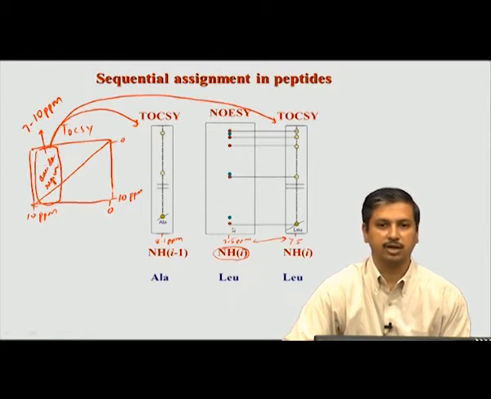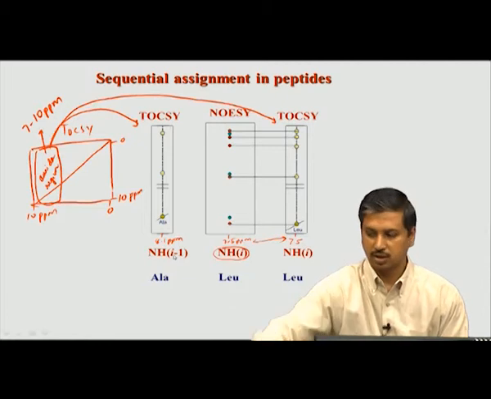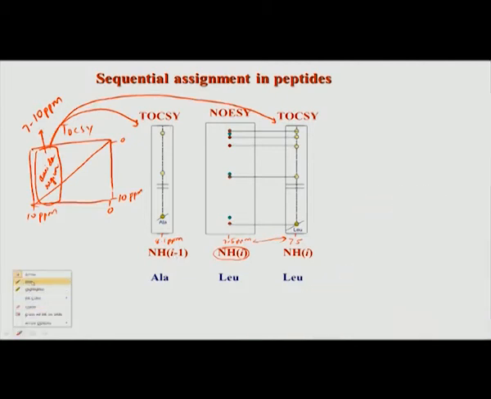The idea here is that in a TOCSY you see individual spin systems, that is individual amino acids, but in a NOESY you get a combination, you get a dipeptide, you get two amino acids together. And why is this happening? This is happening because the neighboring amino acid is not very far away from the amino acid which we are looking at. So we are looking at a residue I, and I minus 1 is not far away, it is within 5 angstrom. So if you draw this picture again here, we are looking at a dipeptide like this.